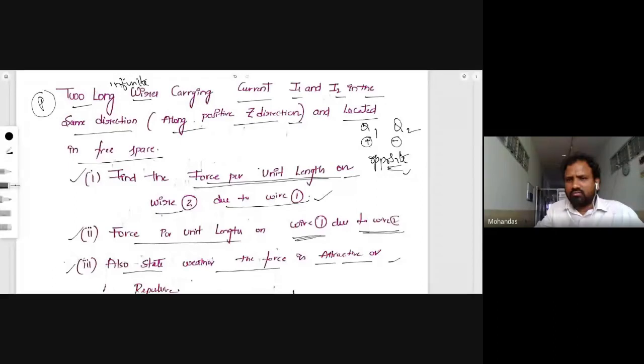Now, what is the Coulomb force between them? The type of the Coulomb force between Q1 and Q2: for unlike charges, repulsive or attractive? Am I audible to everyone or not?